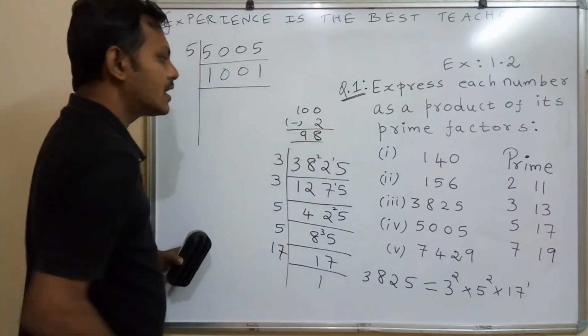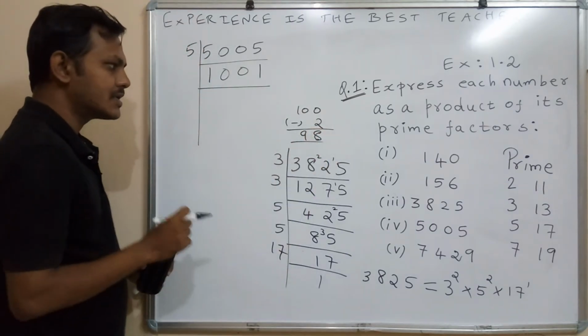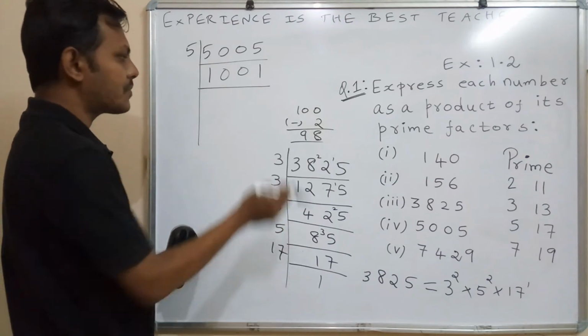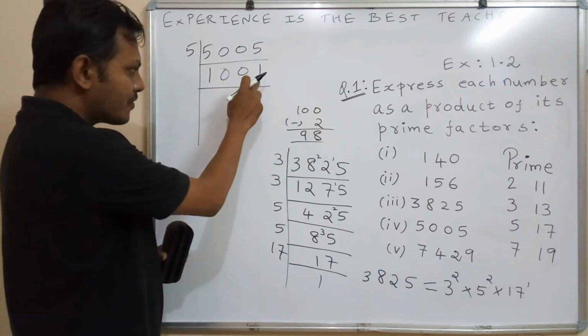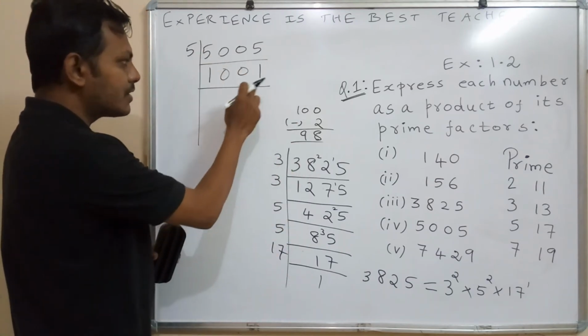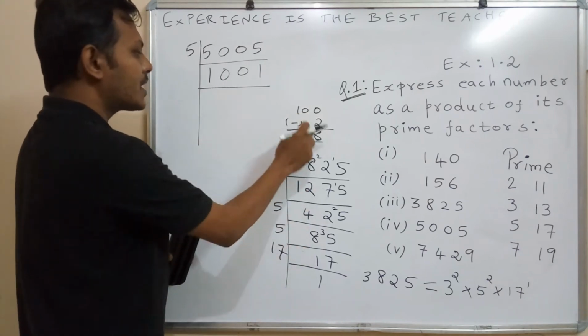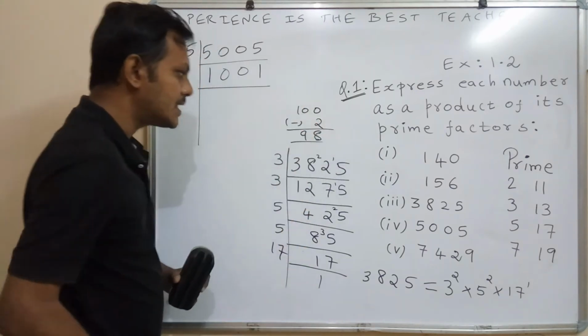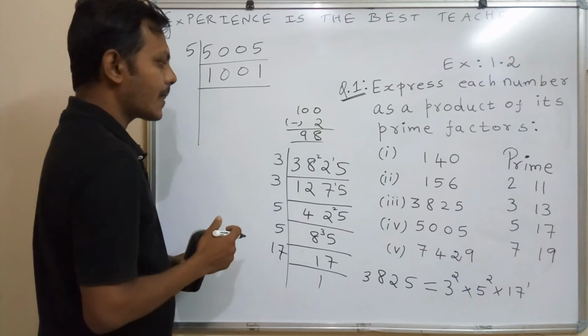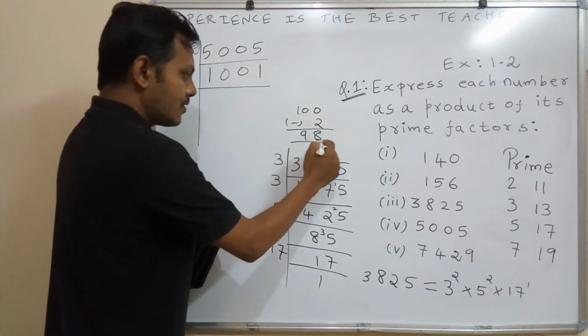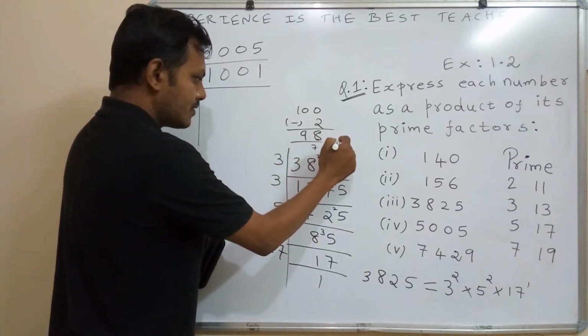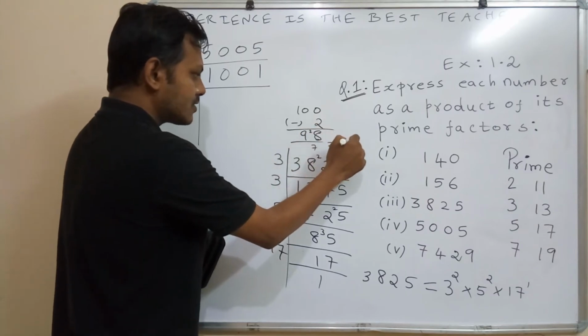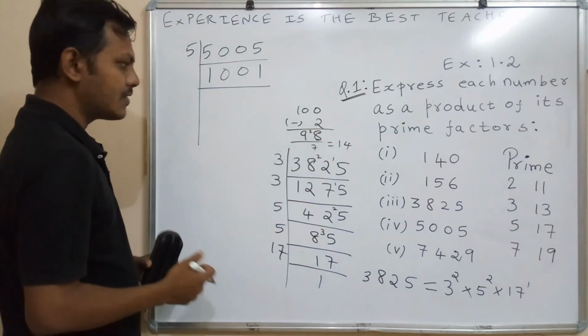See here, the divisibility rule for number 7 is twice the last digit and subtract it from the rest of the number. Twice the last digit is 1 into 2, 2. So 100 minus 2, 98. 98 will come in 7 table. Like how many times means divided by 7. 1 7 is 7, balance 2, 4 7s are 28. So 14 times. So 98 will come in 7 table.